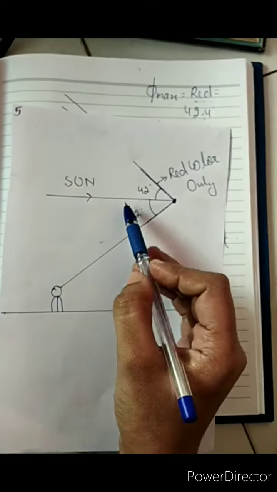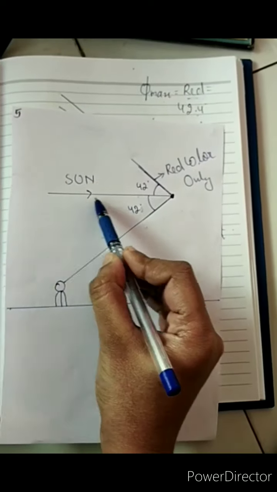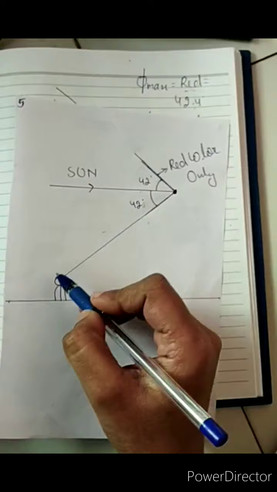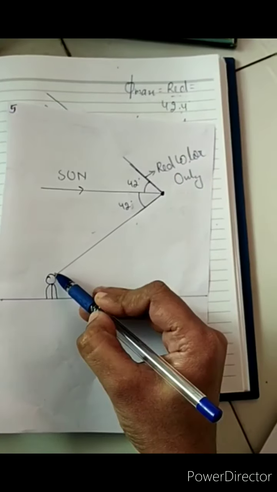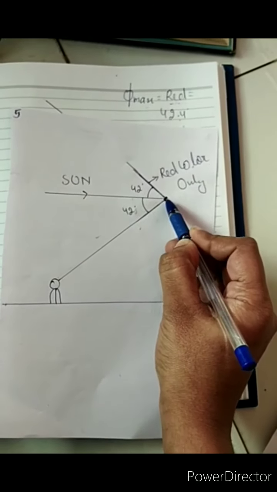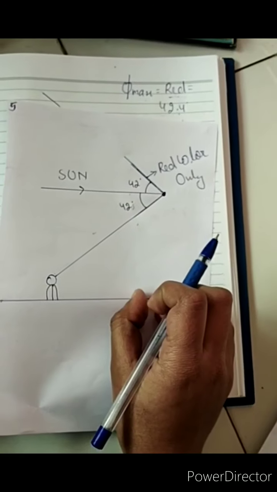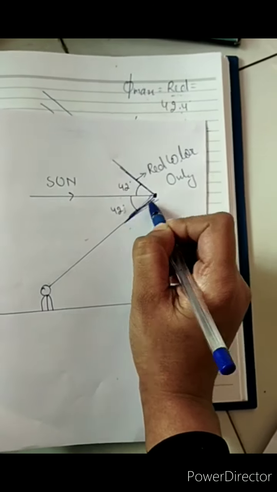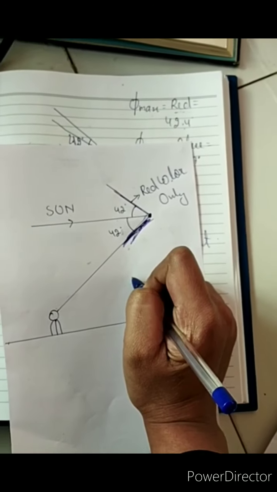now look, let's say the sun is at the horizon and away from the sun is 42 degrees, and it just happens that you are looking just at 42 degrees, just at this angle, at this point, so you will only be able to see the outer part, that is only the red color. Okay,